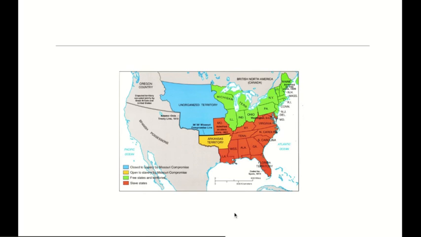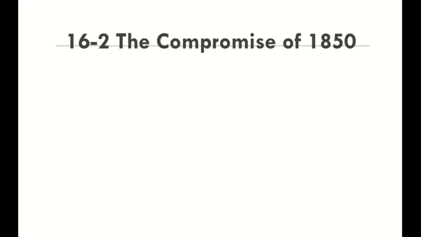So, this is what the United States looked like at this time. The reddish orange states were slave states, and the green states were the free states. Moving on